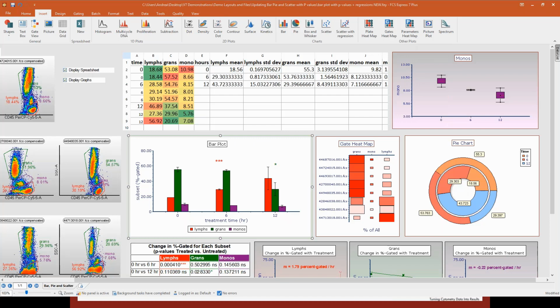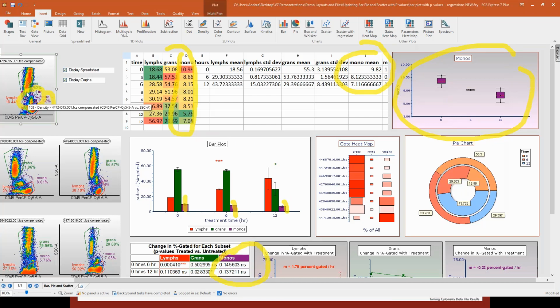And again, look at this picture, you see all those charts. If I go here, for example, and I want to move the monocyte gate, the purple one, you will see that this calculation will update, this statistic will update, this plot will update, this bar will update too, and here I also have a t-test, this will update as well. So again, think about doing this. You can see it's live updating. It's super fast,